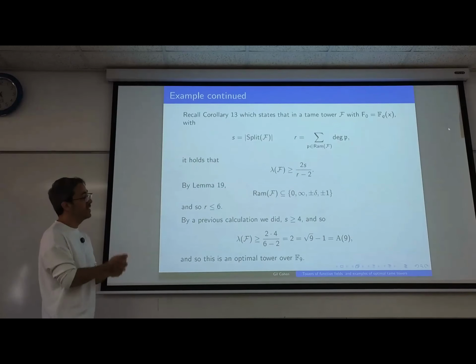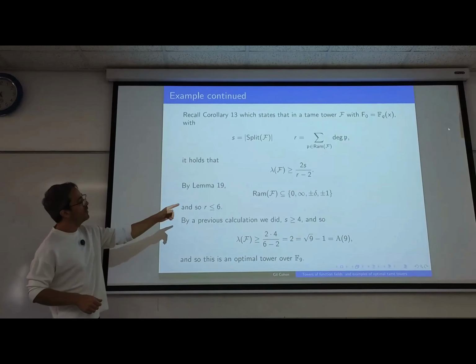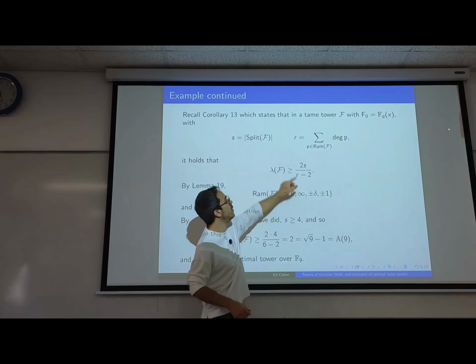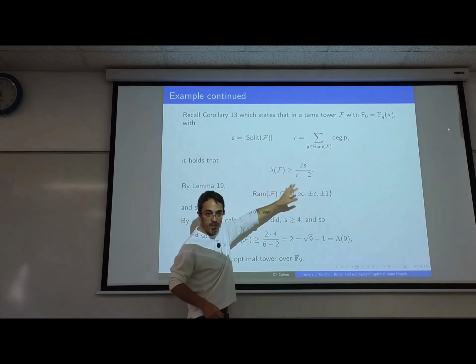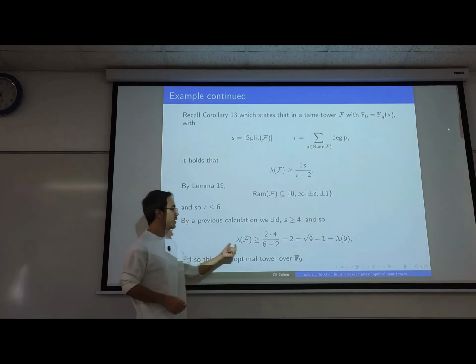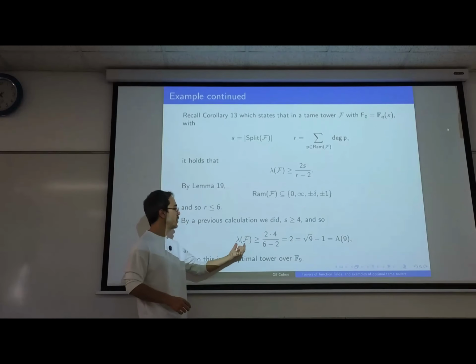So we know that S is at least 4. We know that R is 6. We have 6 divisors here. All of them are degree 1. So the sum of their degrees is 6. And so according to the theorem that we had that kind of closed everything together,